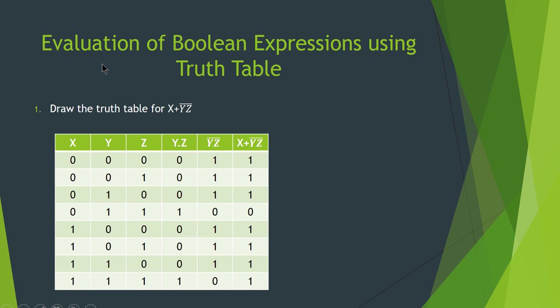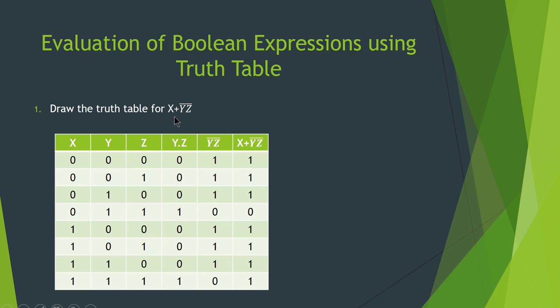So now we are going to understand evaluation of a Boolean expression using a truth table. We have learned the logical operators AND, OR, NOT, and the functionality of all the operators. Based on these operators, you should be able to evaluate a Boolean or logical expression. It is one of the compulsory questions: draw the truth table for, and then they will give you the expression, right? Once you have been given the expression, you first note down how many variables are present in it.